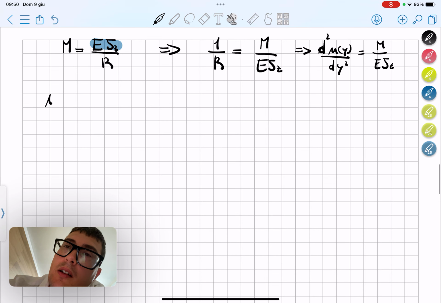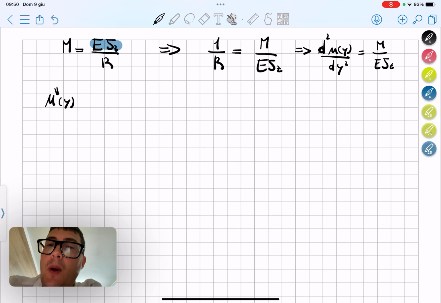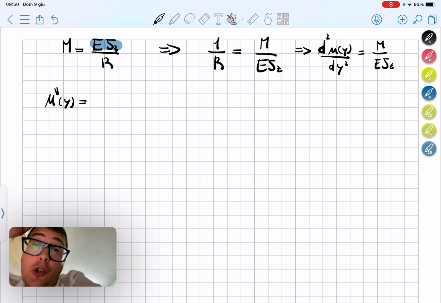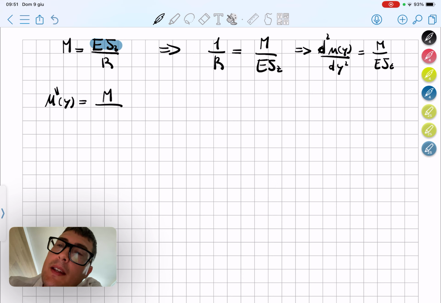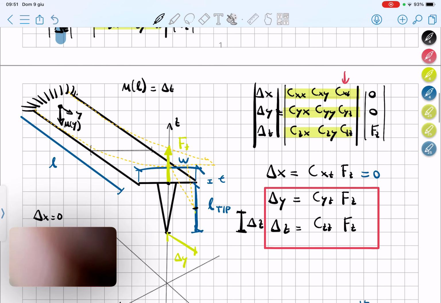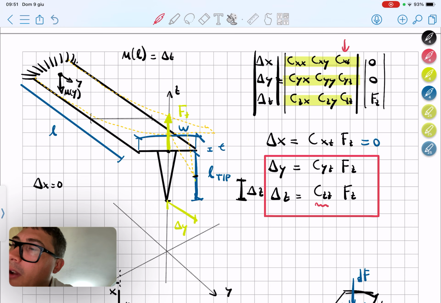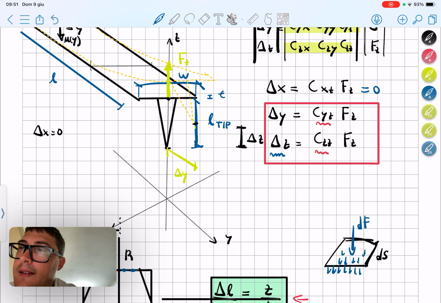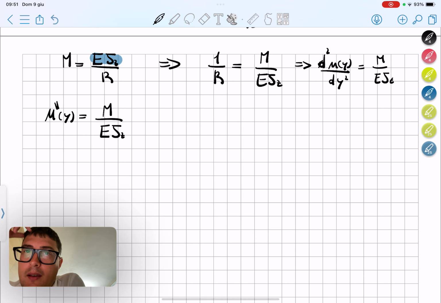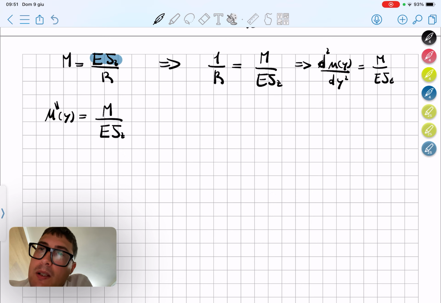Okay, let me write it a little bit more clearly. The second derivative of this function u of y, which is called the curvature, is proportional to the moment and inversely proportional to the bending stiffness, EJz. Now, in order to obtain what we need, which I would like to recall is this coefficient here, this is our goal. In order to get that, we need some equation which allows us to get delta z as a function of delta F. Right now we have a differential equation which we can integrate to get the solution. But before doing so, we need to specialize this momentum M